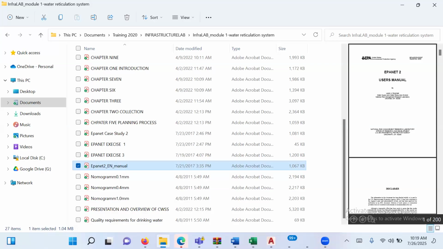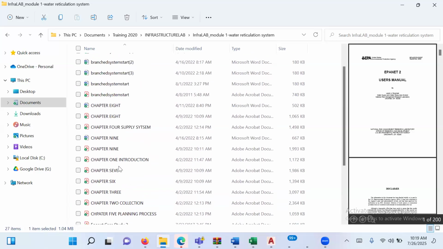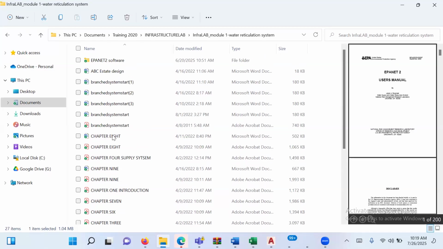Then we now have the tests for the course, which is from chapter 1. You can see a PDF material from chapter 1, which is introduction to chapter 9. Then you have what I call ABC design or branch system. These are exercises we're going to do. Then you have the EPANET software as well, which is already in a folder. Okay, so now let us go to